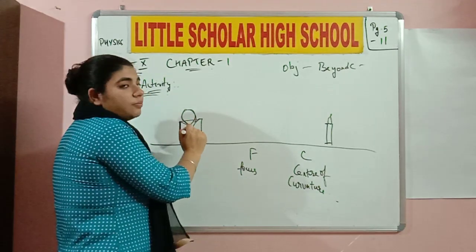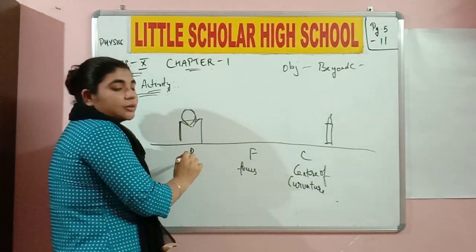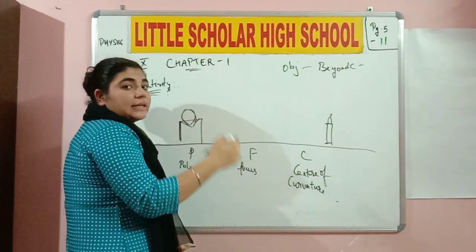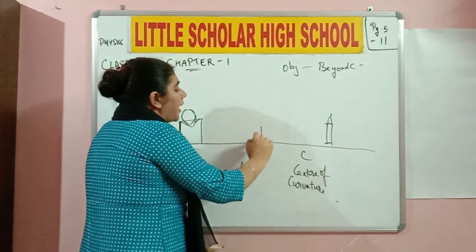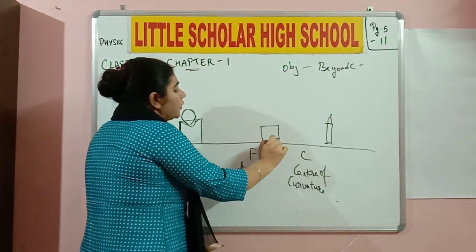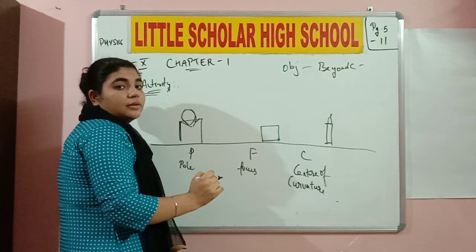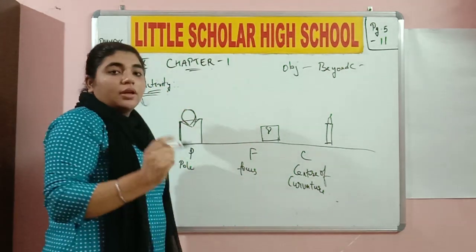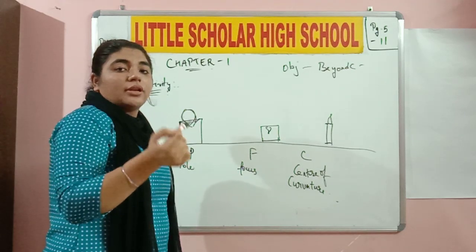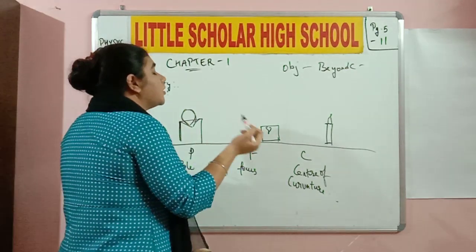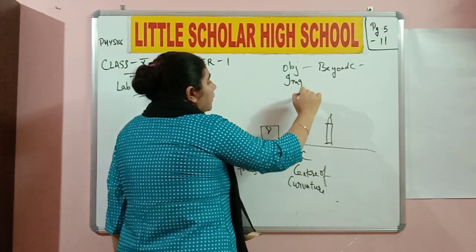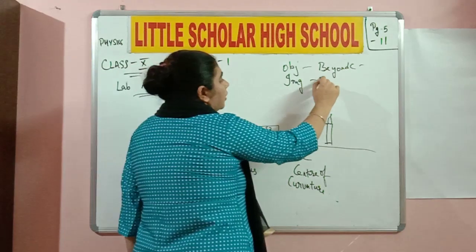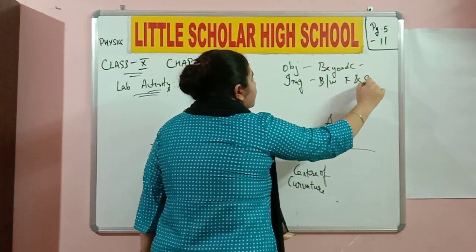Where am I going to place the white paper to get my resultant image? I have my concave mirror at the P position, which is nothing but the pole. I have my object beyond C. Where do I place my screen to get the resultant image? So I have to place my screen somewhere over here between F and C to get the resultant image. And the resultant image is going to be inverted. If it's an inverted image, this means it is a real image. Do you understand? It is going to be diminished also. So, whenever I place my object beyond C, the image formed will be between F and C.